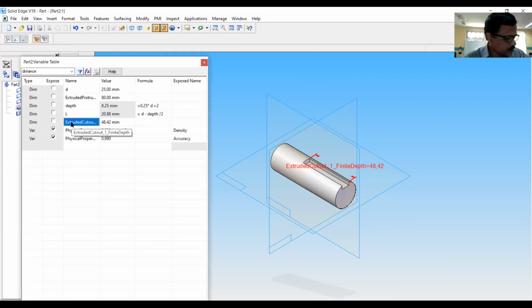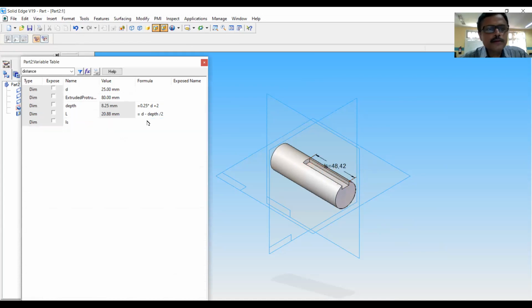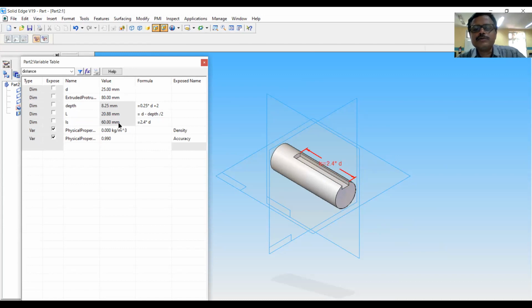I will name the variable as LS and its length will be 2.4 into D. You can see it is 60 millimeters. 60 is coming here and that is shown here in the model also. LS equal to 2.4 D.